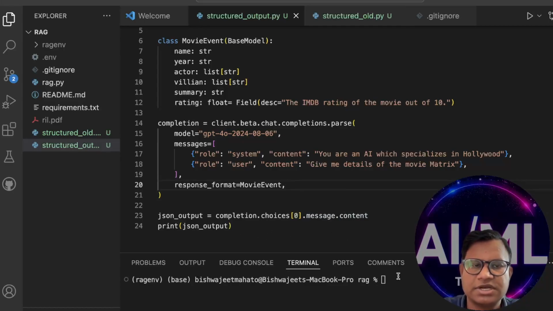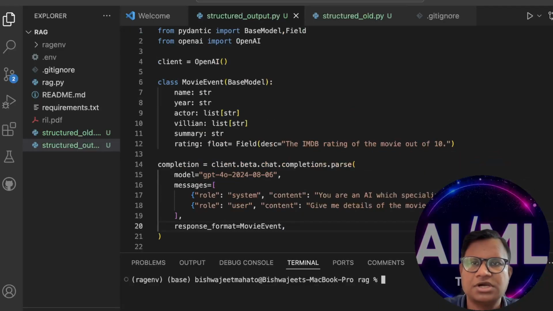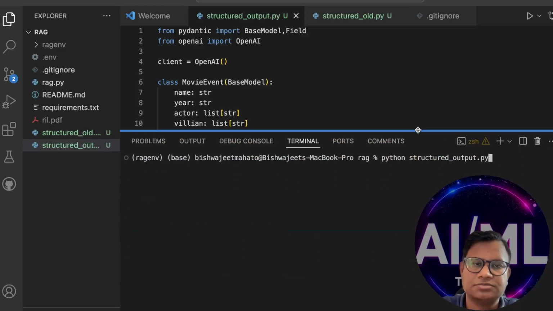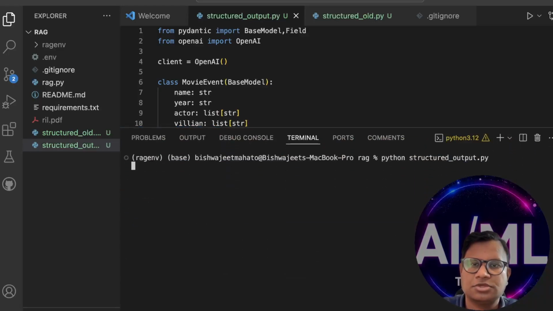Okay, so let's run this. I have also already created this env and installed both Pydantic and OpenAI here. If you are using it for the first time, you need to pip install pydantic and pip install openai. Okay, so I'll just run it out. python structured_output.py. So let me increase the size here, and yeah,